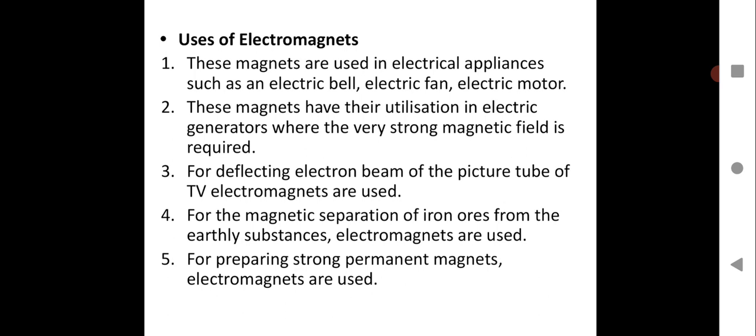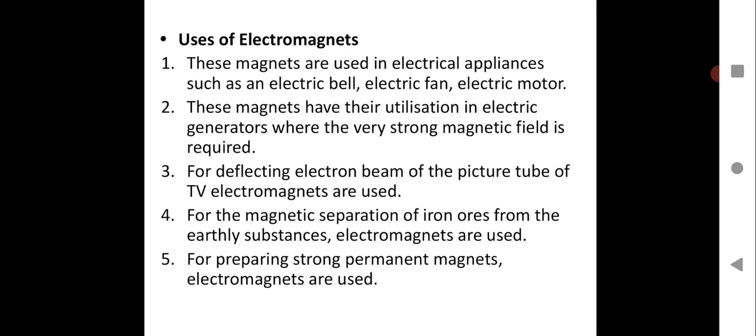Electromagnets are used for the deflection of the beam of electrons coming out from the picture tube. You must have seen a television. Nowadays you get a very thin one, not as broad as we used to get earlier, when we had huge three-dimensional televisions. Nowadays the size and thickness of the television has become smaller. Still, it has a tube inside which emits electrons, so the electromagnets are helpful for their deflection, finding application in the television.